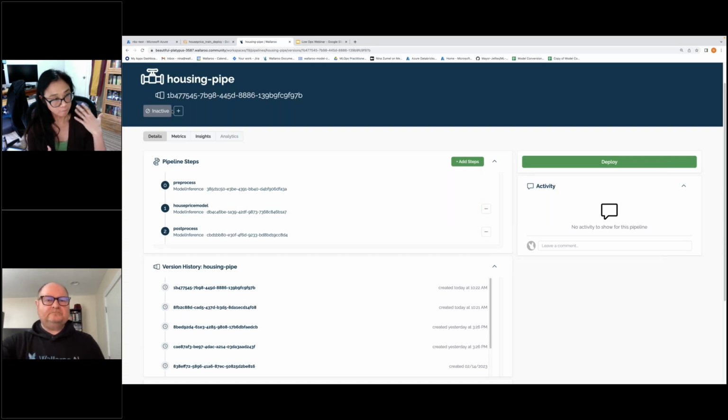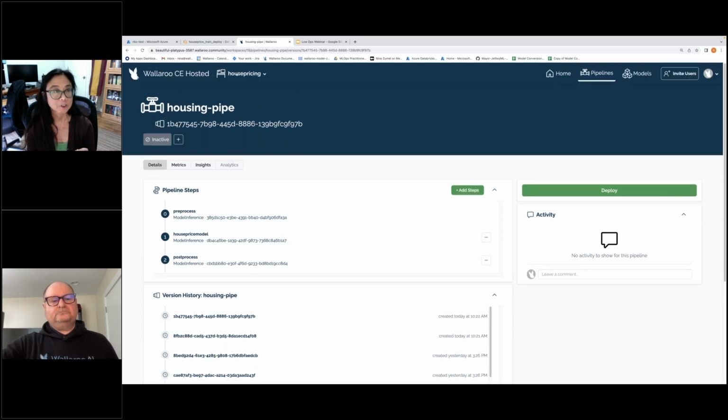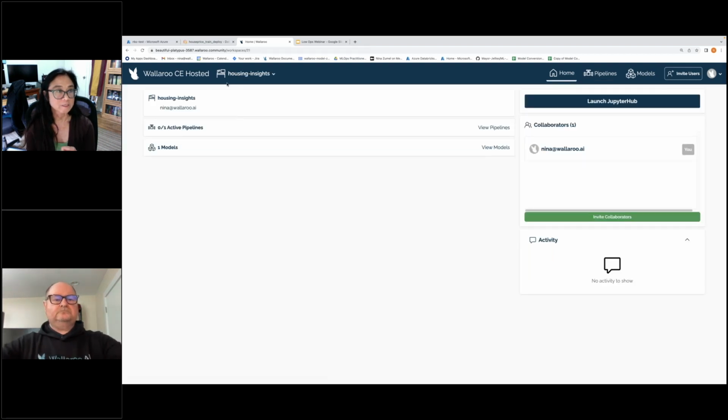So that was kind of transitioning the model into production. Now, as I mentioned earlier in the talk, a data scientist's job isn't done even after a model's in production. So Wallaroo also provides a way for data scientists to monitor the behavior of these models once they are in production and inferring. And to show you that, I'm actually going to go to a different workspace and a different